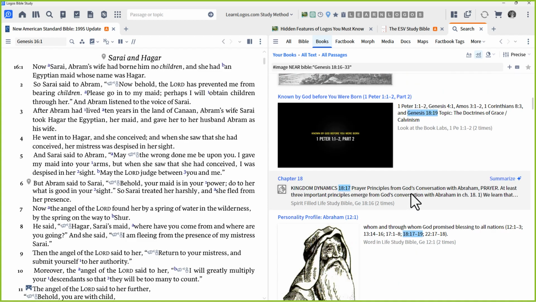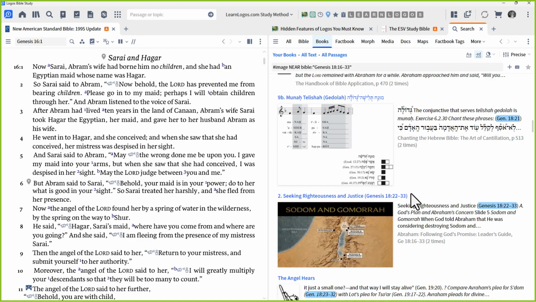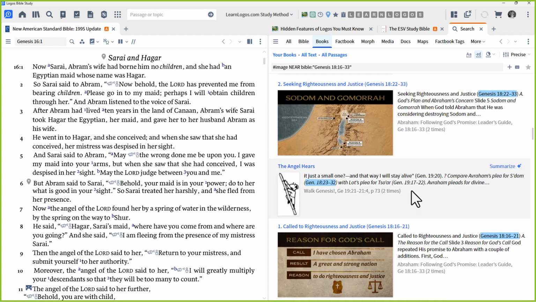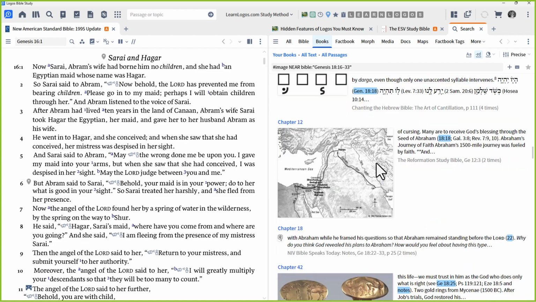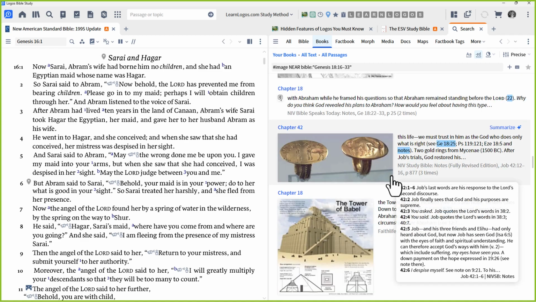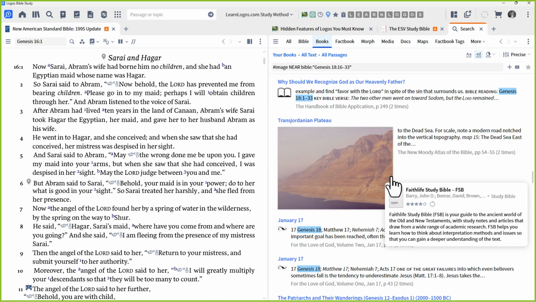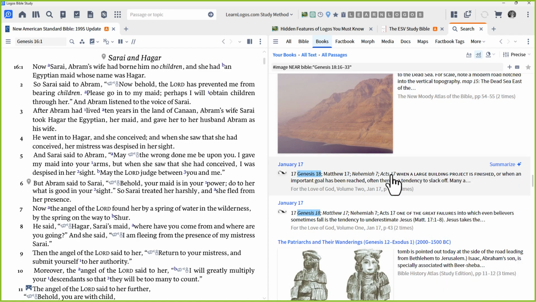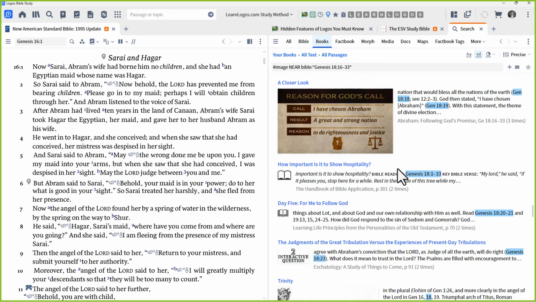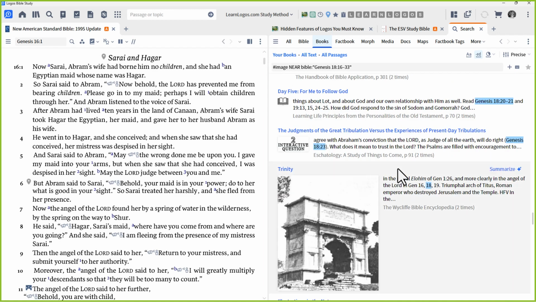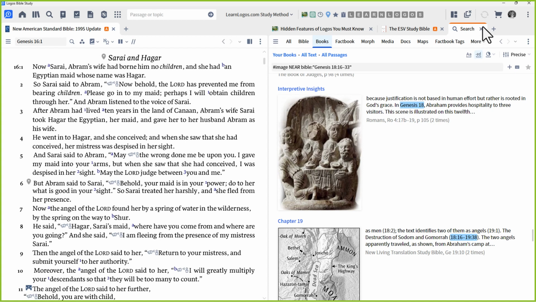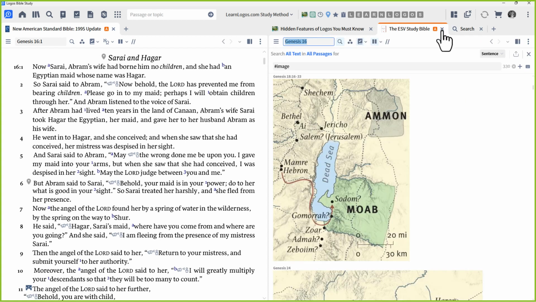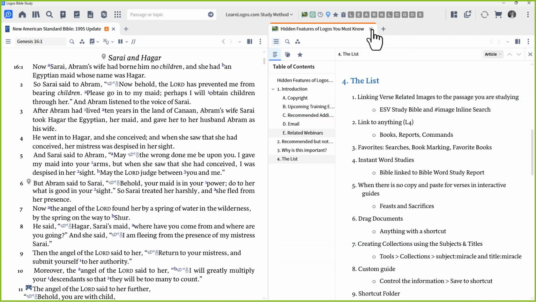And now I can quickly scan my whole library for any images. And this is really powerful because not only are you getting maps, but you're getting charts, you're getting archaeological information, other important information. And that is really, really powerful and really helpful. So if you're looking for an image for a specific passage, this is definitely a definitive way to go. All right, let me go ahead and click that X, close these resources down, and we'll go to our next one,